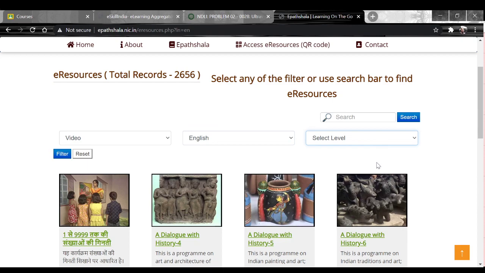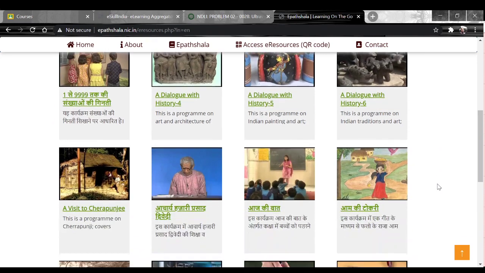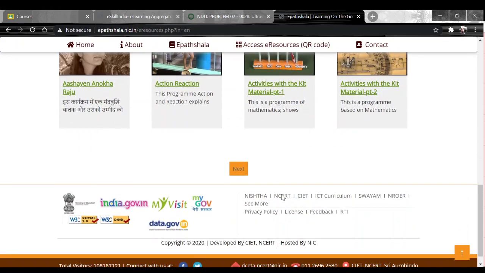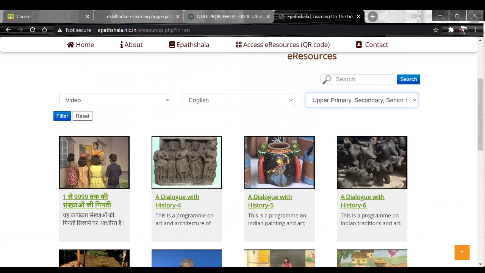Then here, okay. I'm just taking it for primary, secondary, senior secondary, teacher, and research scholars. Taking senior secondary, you can see that it talks about so many things, such as action and reaction. This has some small videos. A lot of things are there. They have prepared a lot of things. The only thing is we are not exploring. So it is our duty to explore things amicably and gain more and more knowledge from them.